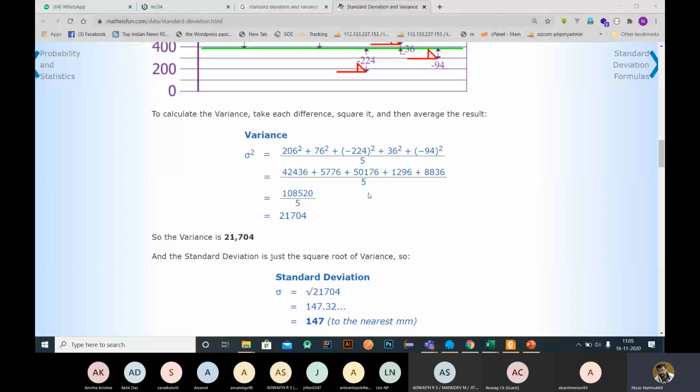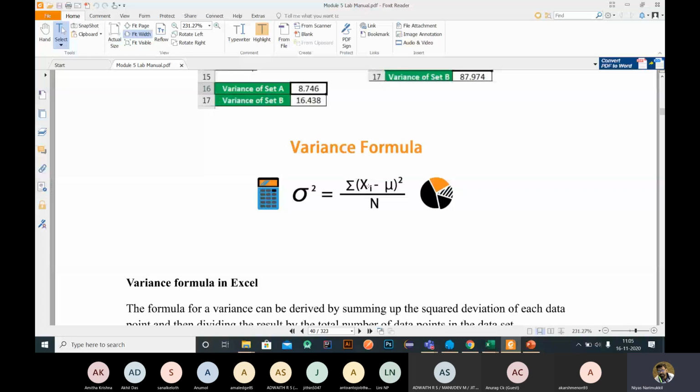Okay, sigma of (xi minus mu) squared. Mu is the arithmetic mean, represented by mu here. So xi is each item, minus the mean, the difference of each item, then squared. If there are n items, we find the difference of all n items with respect to the mean, square them, and sum all the values. That is the summation here. Then we divide by the number of items, and that gives the variance. Variance is sigma squared. In order to get the standard deviation, we need to find the root of this variance.